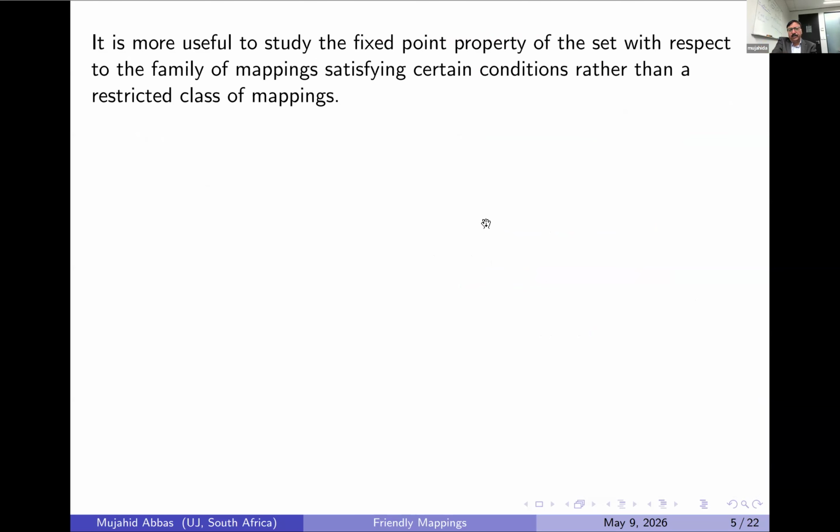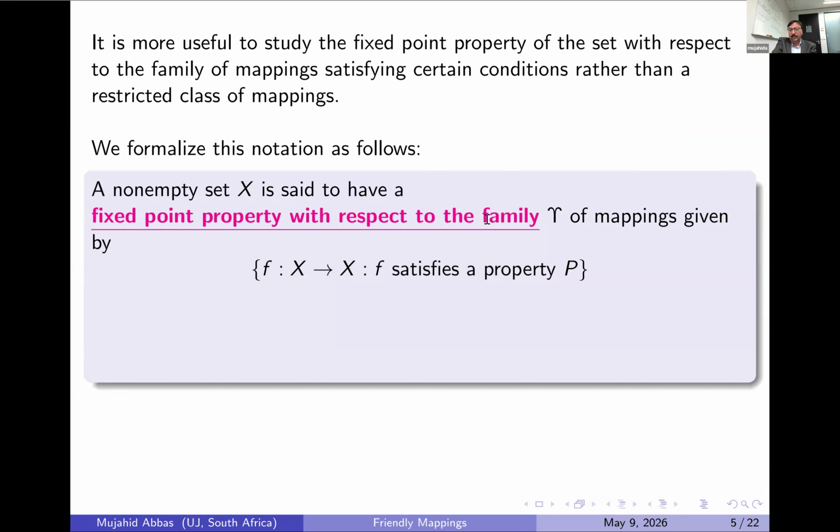So the next question is, it is really useful to study the fixed point property of a set with respect to a family of mappings satisfying certain conditions, rather than a restricted class of mappings. So here is the definition. We can formalize it in this way,